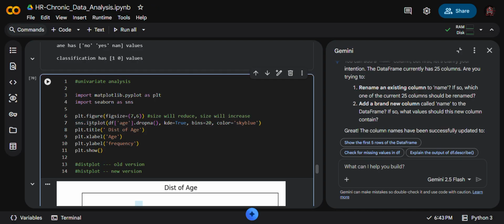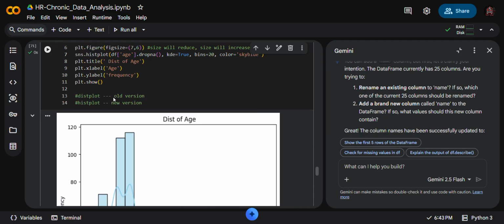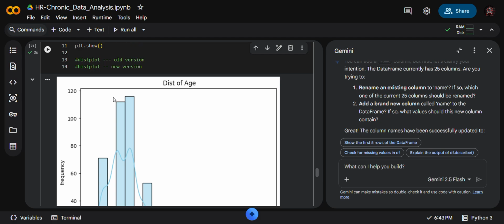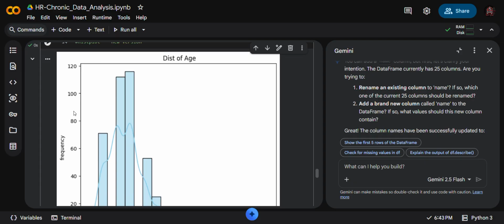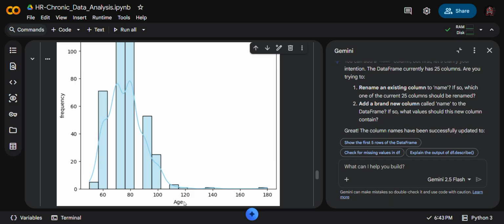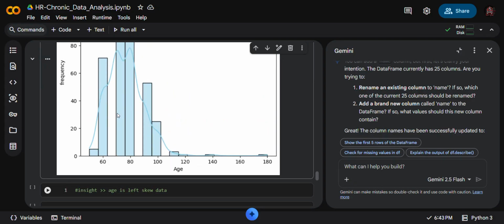Now we have seen the graph in 3D, I mean in 2D. So it is a better way to understand, with transparency much better. This is the y label and this is the x label. The labels are 60, 80, 100, this labeling, and x and y are age and frequency. Now what are the insights?